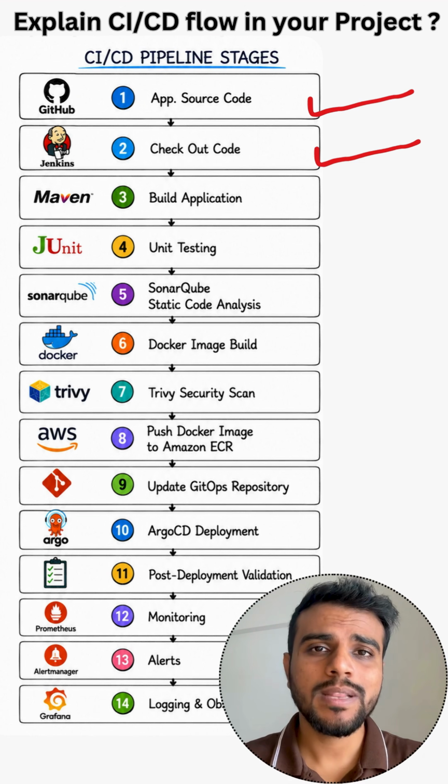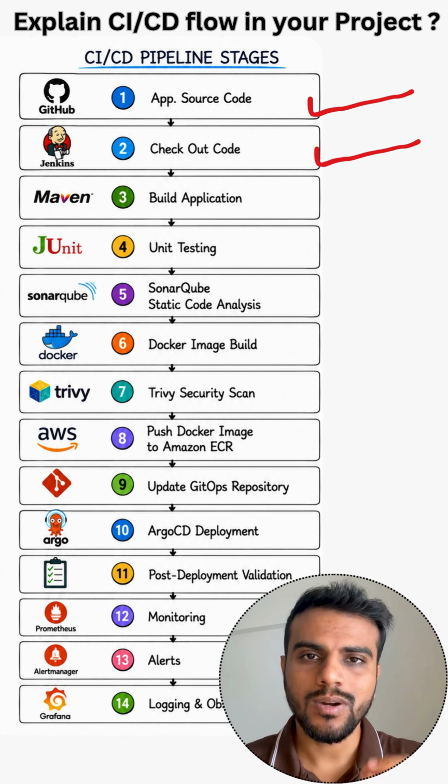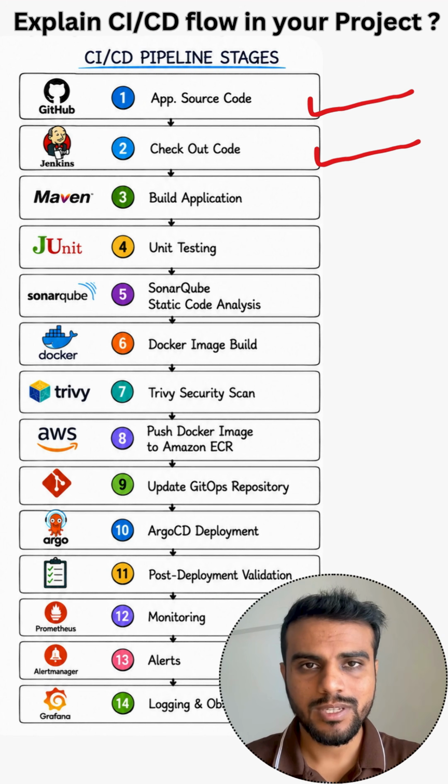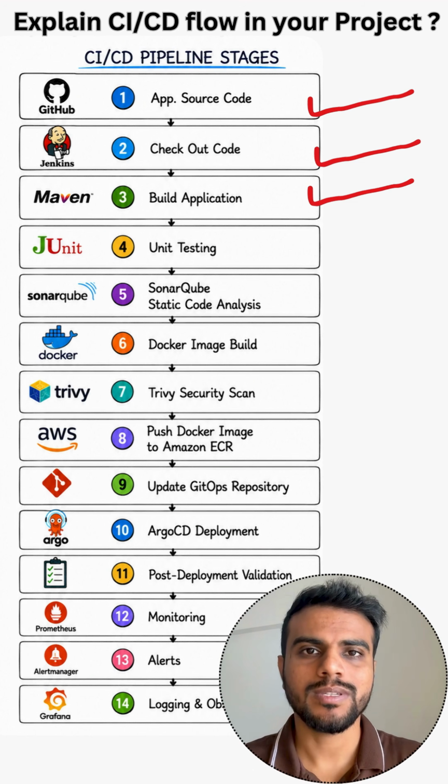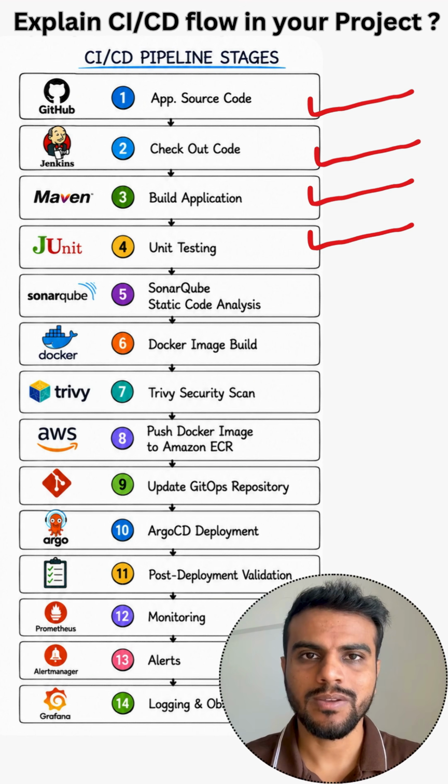Then the next stage was to build the application, that is, building the .jar or .war file. For this purpose, we used the Maven tool. Here, we used different Maven goals to build the .jar and .war file. Then the next stage was executing the JUnit test cases, which helps us identify the overall functionality of the